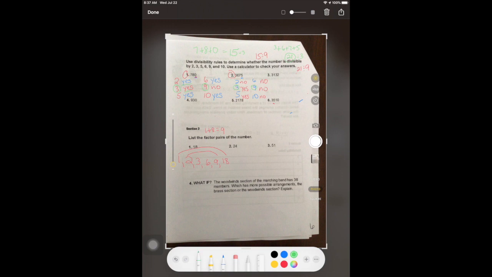And look, 6 is already there. We knew 6 was going to be a factor because 2 and 3 are both factors, and if 2 and 3 are both factors, 6 is as well. I've covered it all. I've got the combinations, and I've done my rainbow to make sure I have both of the factor pairs. And there we have the list of factor pairs for 18. You're going to do 2 and 3 and then answer question number